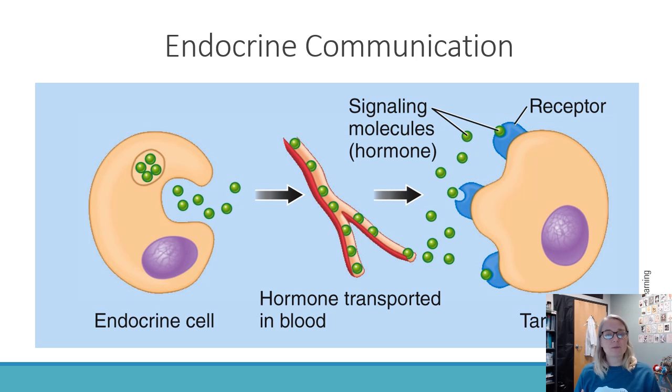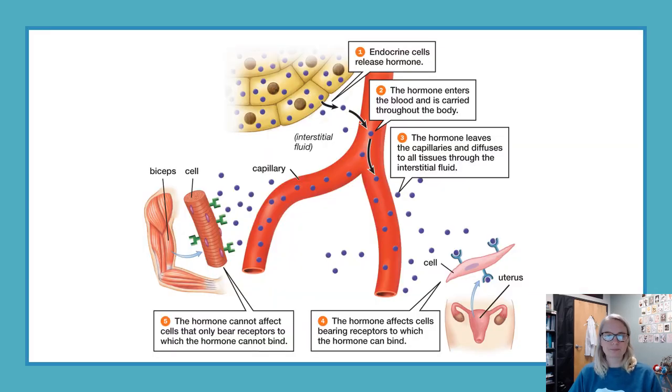All right, so focusing specifically on endocrine, if you can remember anything about endocrine, the key idea is the signals go through the blood. That's the whole point. Your signaling cell will release the hormone, it goes into the blood, which carries it throughout the body, diffuses out of the capillaries, and binds to the target cell because it has the right receptor, right? So that's your key. The hormone binds to the receptor and is delivered to the target cell via the bloodstream.